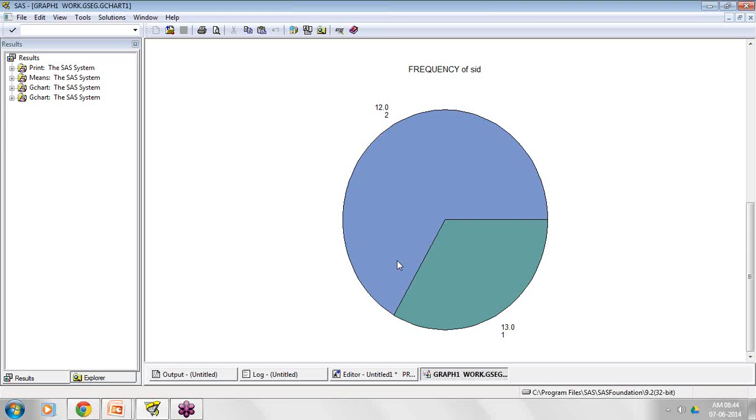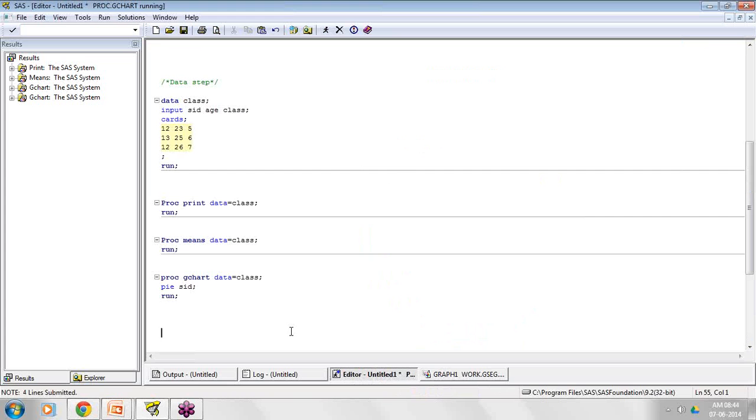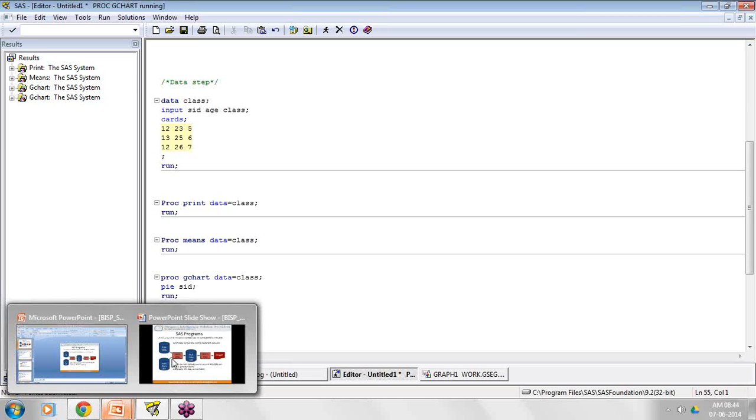So I can perform any kind of operation with the help of SAS. Here I'm trying to give you basic, simple examples. These are the kinds of activities we always perform in most of our environments. So, going back to our presentation.